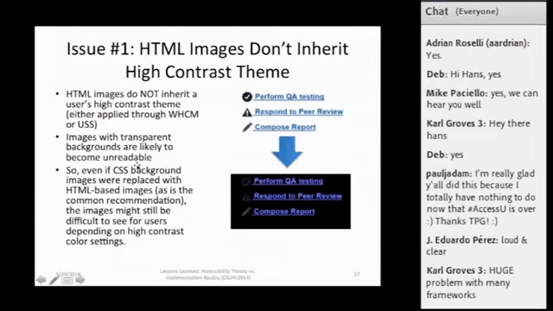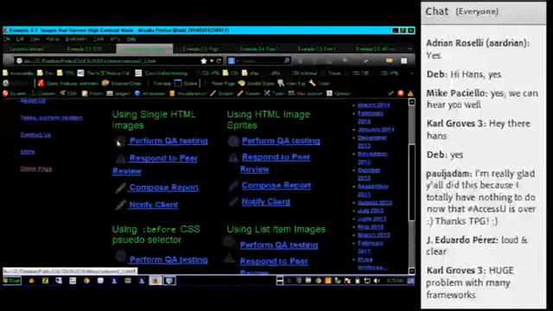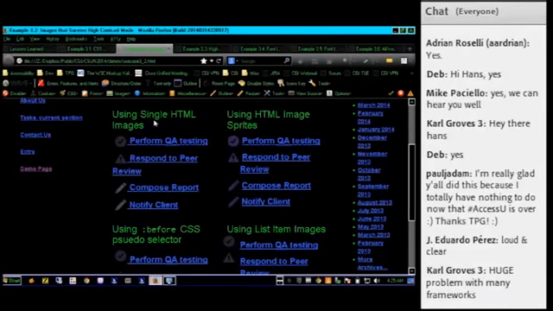But if I turn this off, you can see that the clipping technique I was using to hide the rest of the icons in the sprite is now removed. So for every icon that we were using, you get to see the entire sprite, and there's no way to know anymore which icon we were actually trying to show. And that's a problem. So that's two reasons why the HTML image-based clipping method still isn't that great.